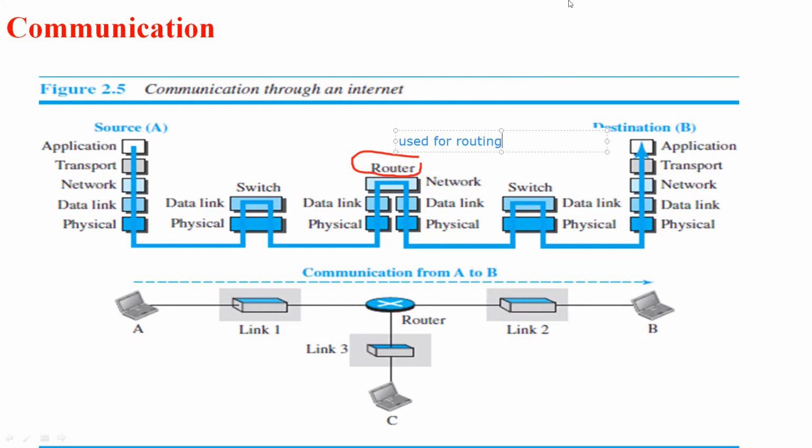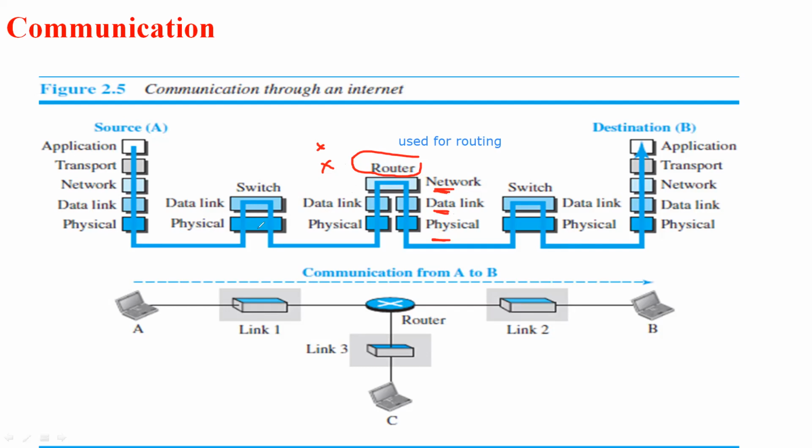in this diagrammatic representation, this router is involved with 3 different layers. One is the network layer, the data link layer, as well as the physical layer. So there is no transport layer or application layer in a router. So a router will have a network layer, data link layer, and a physical layer, in the absence of transport and application layer. Since it is used only for routing purposes, it is always involved with one network layer and